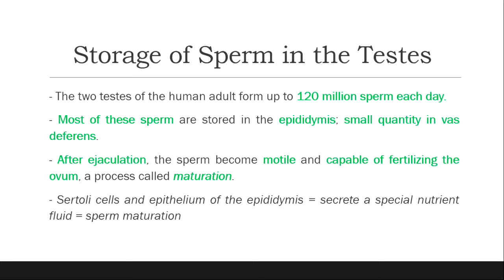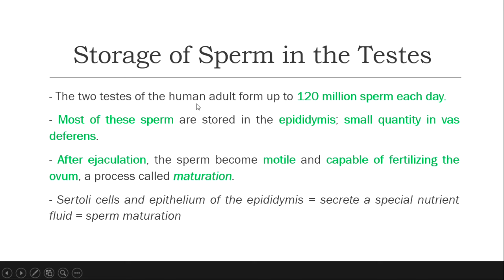The storage of sperm in the testes. So, the two testes of the human adult form up to 120 million sperm each day. So, most of these sperm are stored in the epididymis, small quantity in vas deferens. So, after ejaculation, the sperm become motile and capable of fertilizing the ovum, a process called maturation. So, the Sertoli cells and the epithelium of the epididymis secrete a special nutrient fluid that will cause the sperm